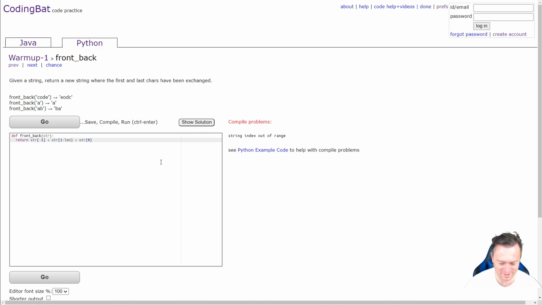I don't know, can we do this? str -1. Let's see how that goes. String out of range. I see. If the length